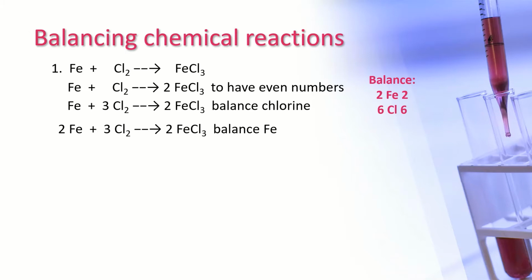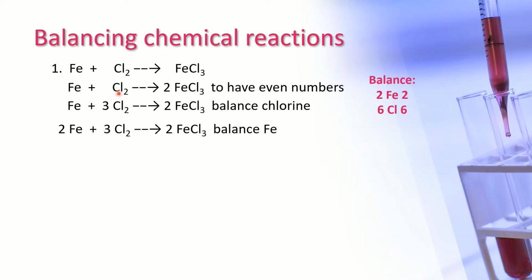Let us start balancing simple chemical reaction. Number 1, iron plus chlorine gas to produce ferric chloride. If you have noticed, you have 2 chlorine atoms at the left and 3 chlorine atoms at the right. So you need to balance them first. So to make it even, you write coefficient 2 here. So you have now 3 times 2, so 6 chlorine atoms with only 2 chlorine atoms